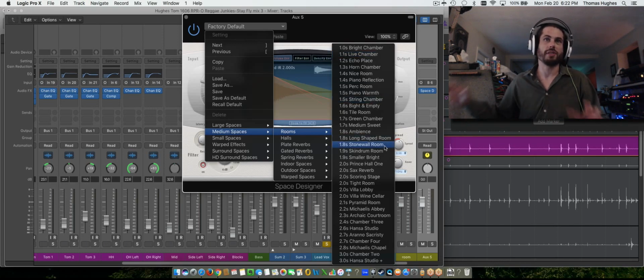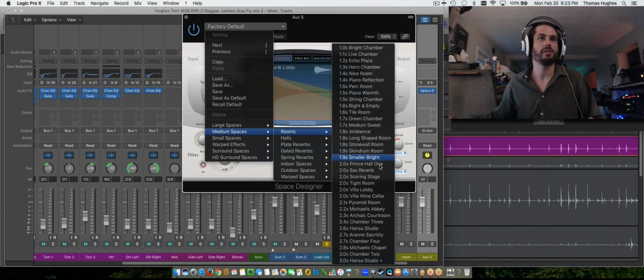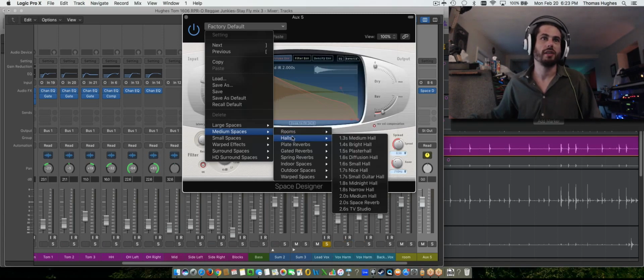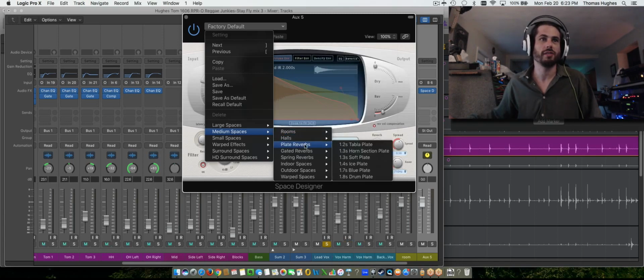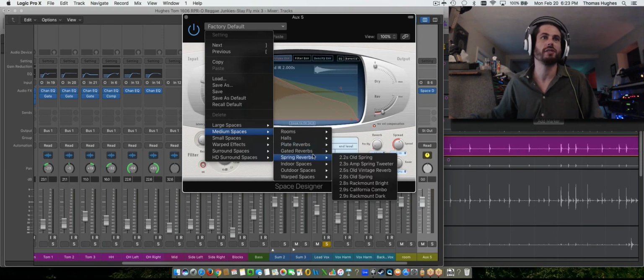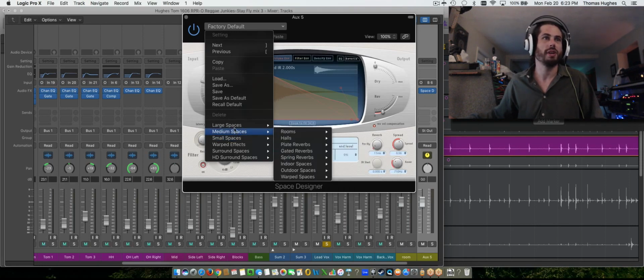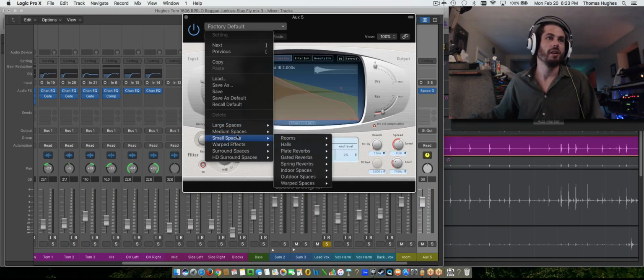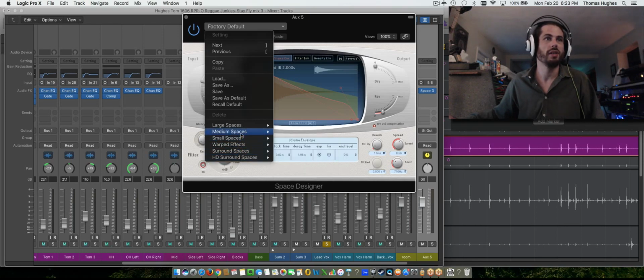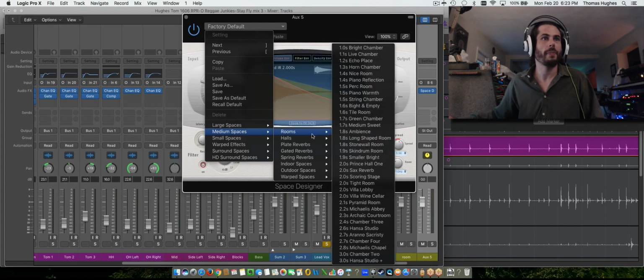So if you're having trouble dialing in reverbs and coming up with your own space, which takes a while to get used to, and even once you get kind of accustomed to reverbs, it can still be hard to get the space you imagine. So this can be a good way to go. You kind of pick if you're dealing with a large, small, or medium space. Please, we're not working with surround in here, and we're not doing the crazy stuff, so stay off of those for the sake of this course. But these three things,